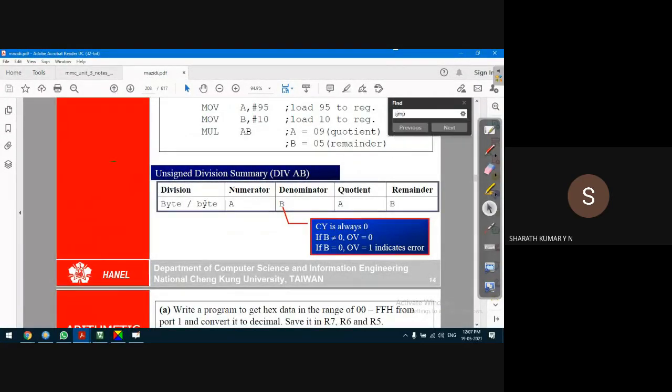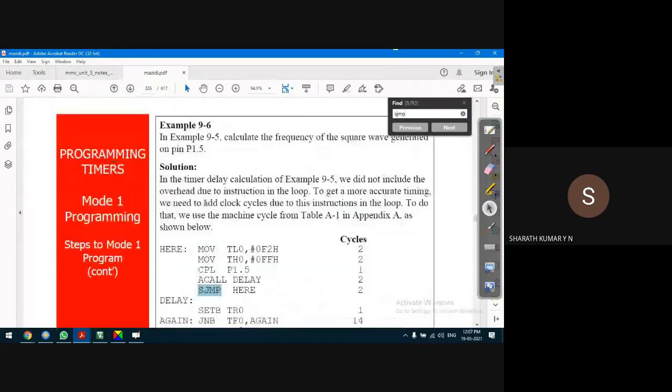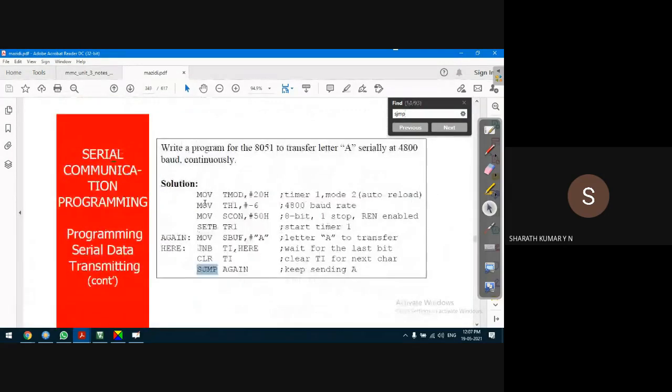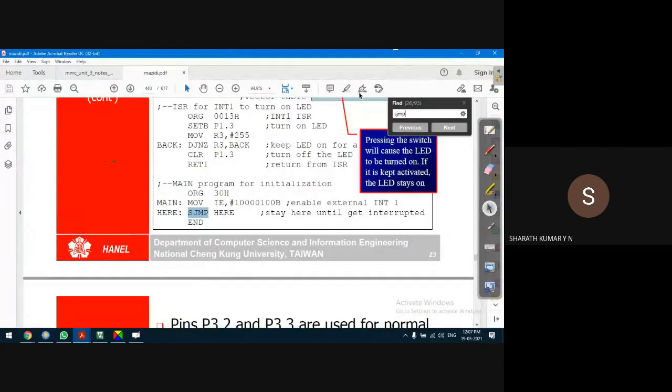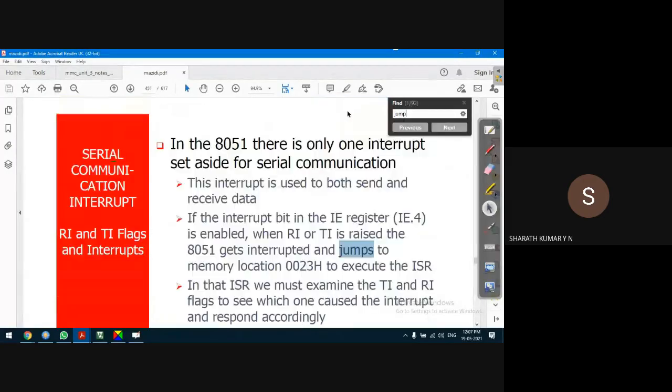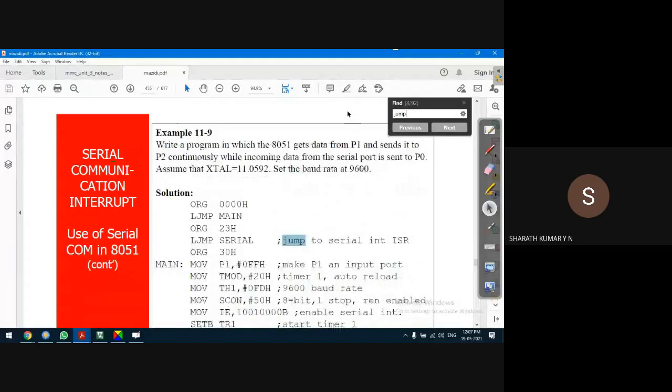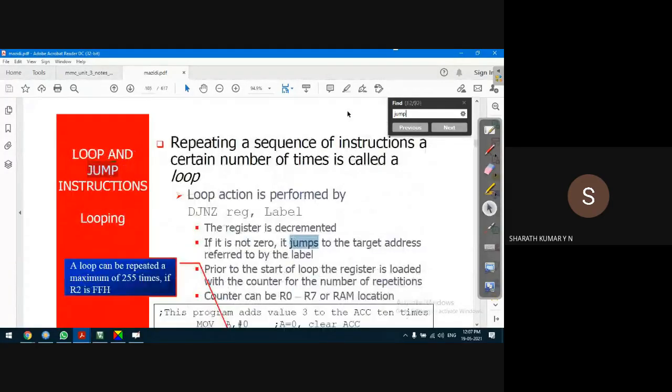SJMP range. If I search SJMP, I think it will show all the SJMP instructions. Okay, not this. Yeah, here it is. Loop and jump instructions.